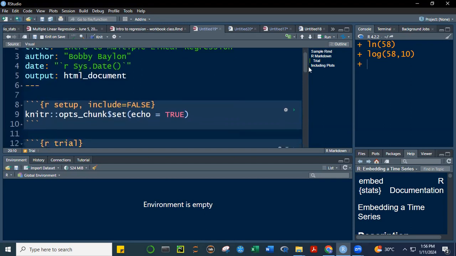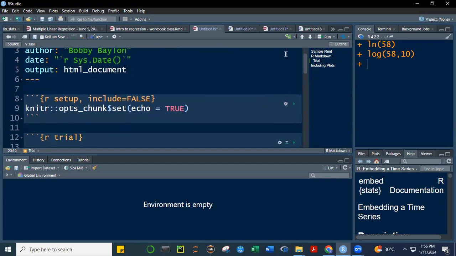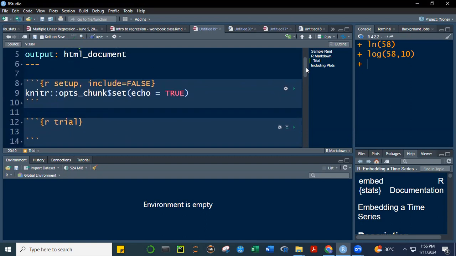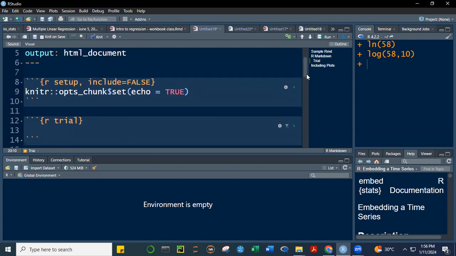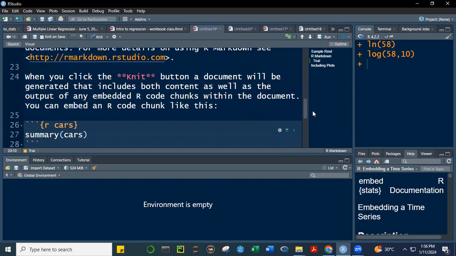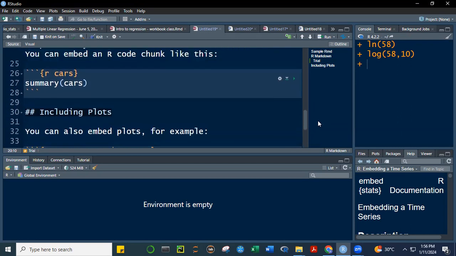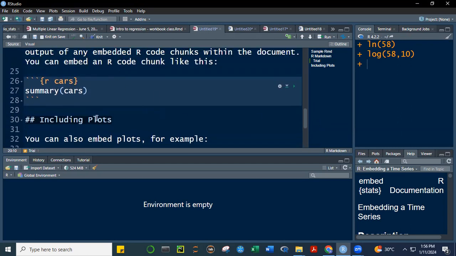Okay. Now, this is the code chunk, right, class? So you write your code inside the code chunk. This is a code chunk also. It has the bracket R and then the name cars. Now take note, this is the code: summary(cars). And how do you run this code chunk? Okay. So if you have this code chunk,